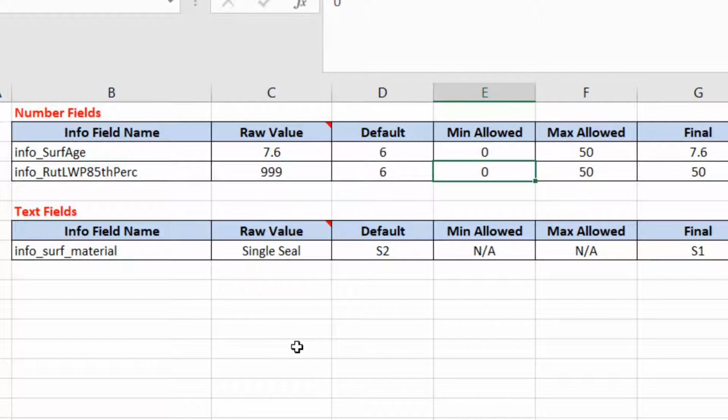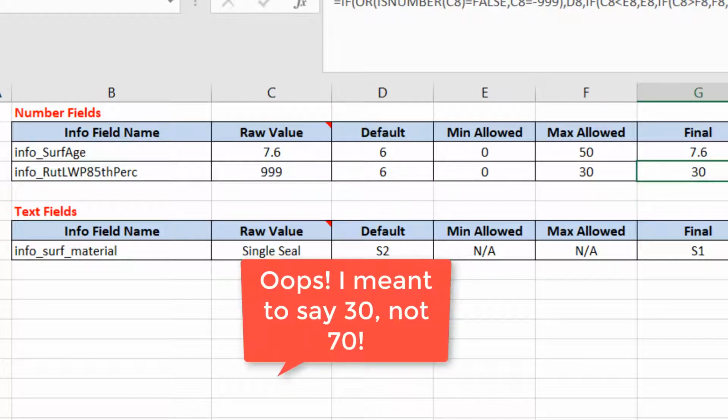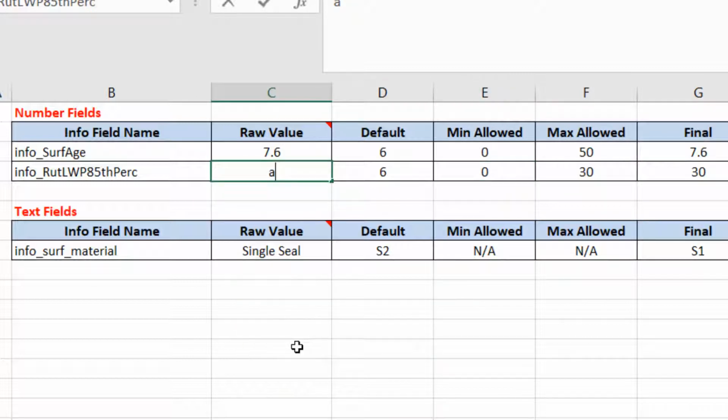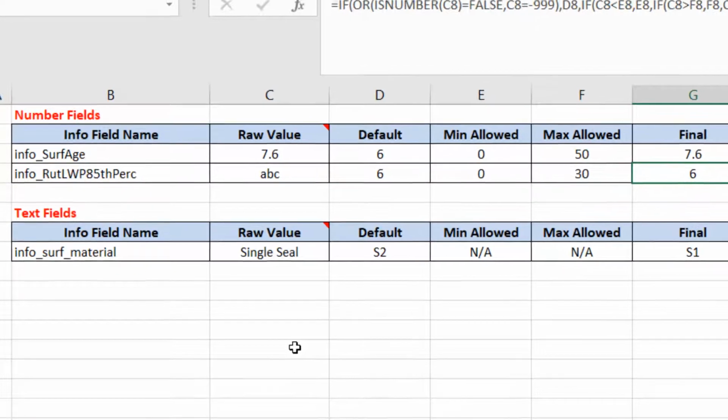So I'm going to say I will allow any rut depth between 0 and 30 millimeters. You can see a value of 999 will be clipped to 70 in the final descriptor. However, what if something comes in like ABC? In this case, it will adopt the default value. That's the way that this formula is set up here